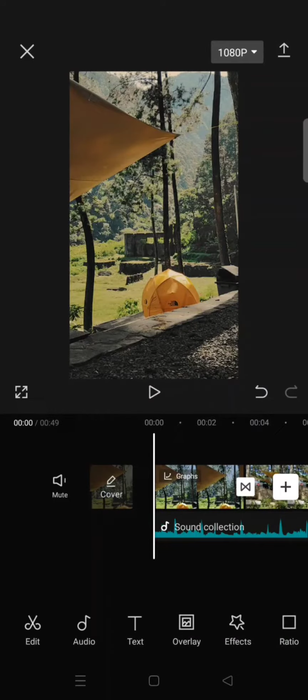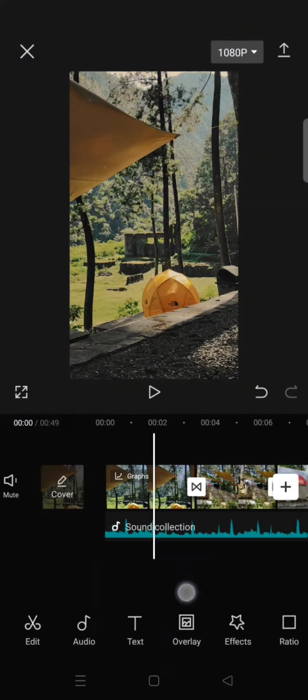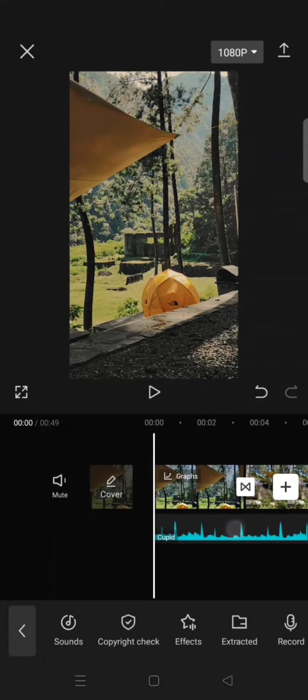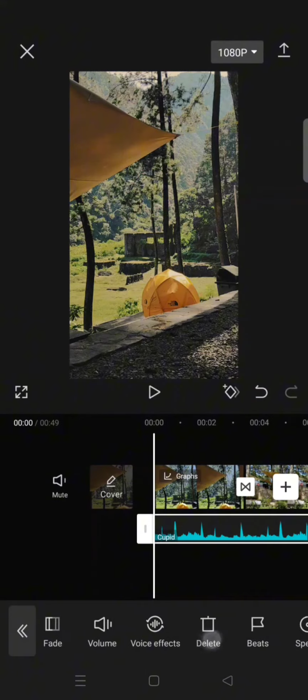On today's tutorial, I'm gonna show you how you can sync audio with video in CapCut. So first, to sync the audio with the video that you want to edit, you need to mark the beats first. So after you import the clips and also video, click on the audio here and find the beats options